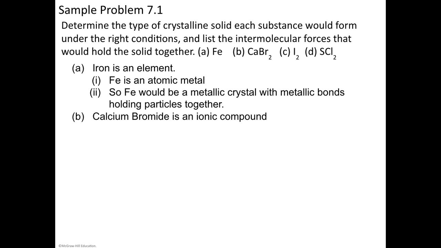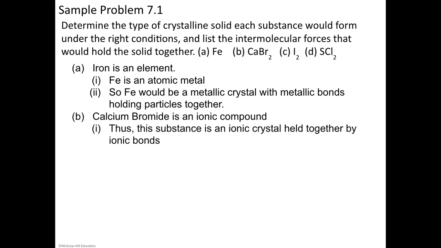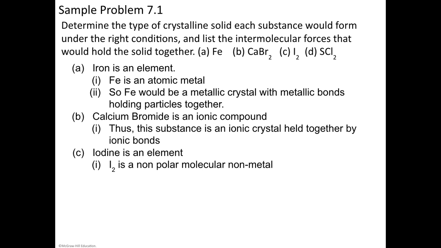Calcium bromide, it's an ionic compound, and so it's going to be an ionic solid or an ionic crystal held together by ionic bonds. So these things are not that difficult if you can determine what kind of substance we're dealing with. Iodine is an element, but in that case, iodine works out to be molecular, and if it's molecular,